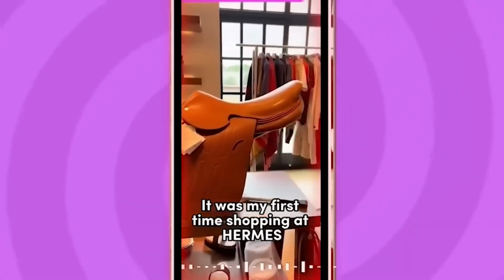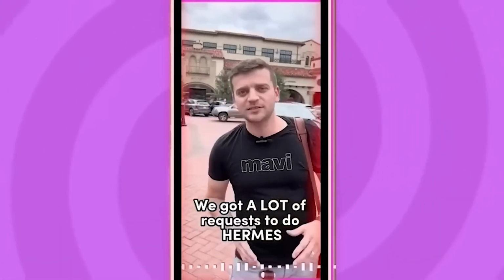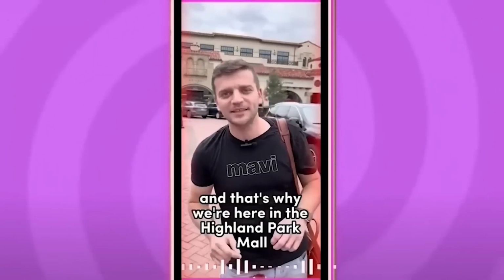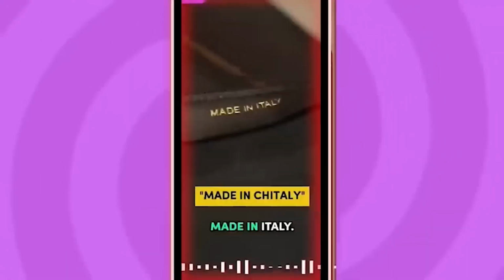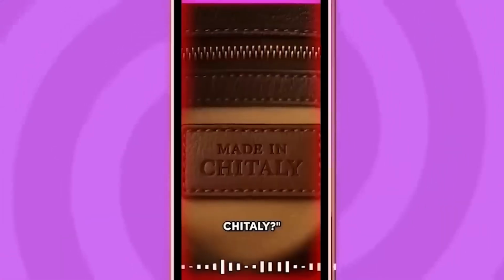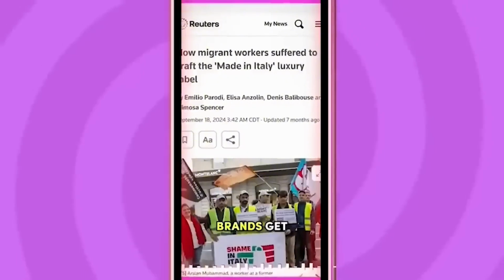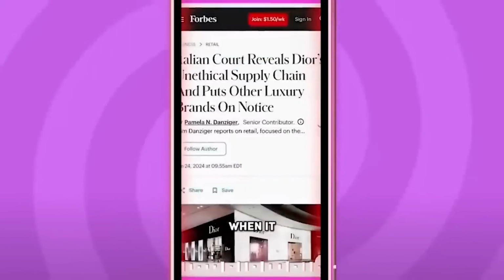It was my first time shopping at Hermes, and let me tell you how it went. We got a lot of requests, do Hermes next. And that's why we're here in the Highland Park Mall. In Italy, made in China, or maybe made in Chile. Oh yeah, that should be a thing, by the way, because some brands get real creative when it comes to...